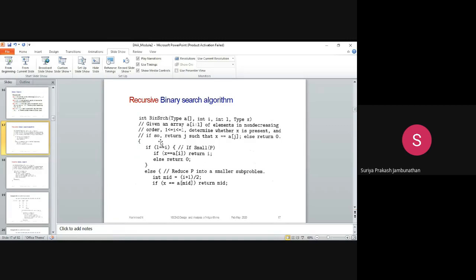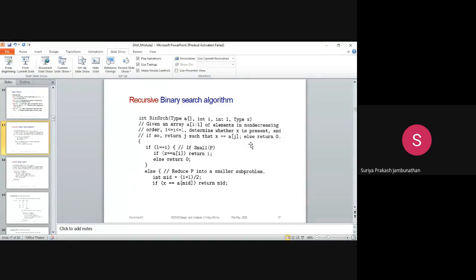Inside that we have an if condition. If the x value is equal to the mid element, then we return the mid element. If the value is not matching with the mid element, we return 0.